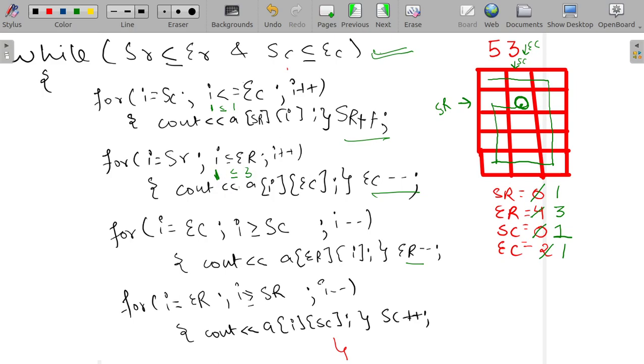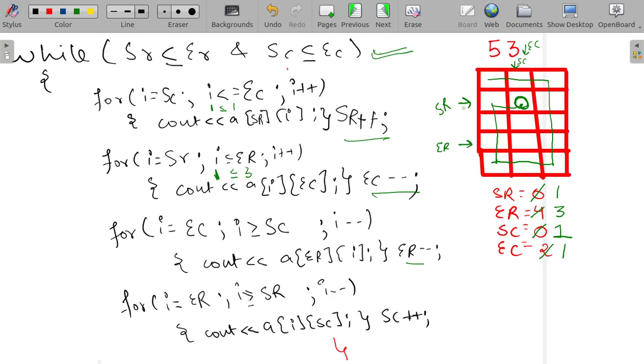So this loop will work, and it will print from start row till end row. End row is pointing here, 0 1 2 3, so end row is pointing here. So it will print from start row till end row, keeping end column fixed. For the value of end column, this will print here.